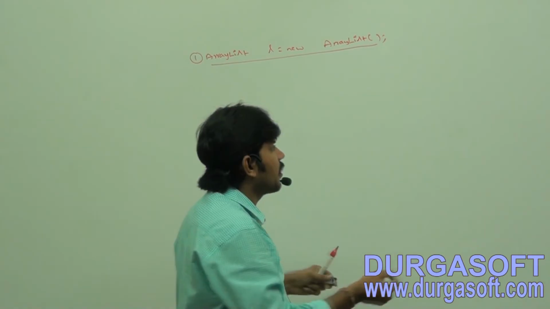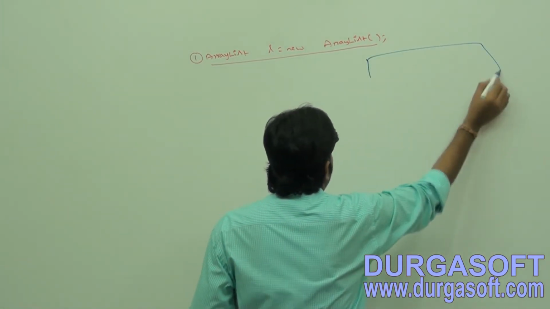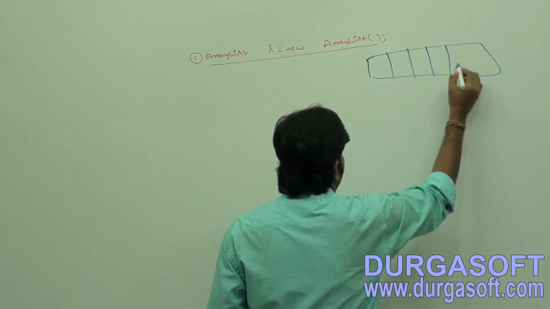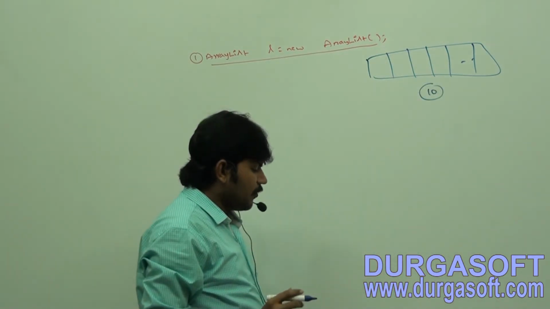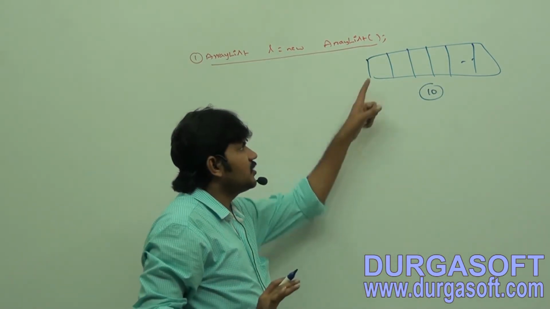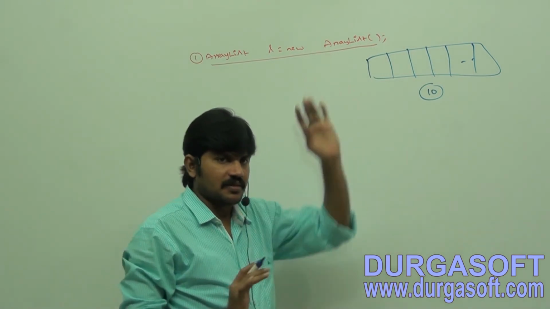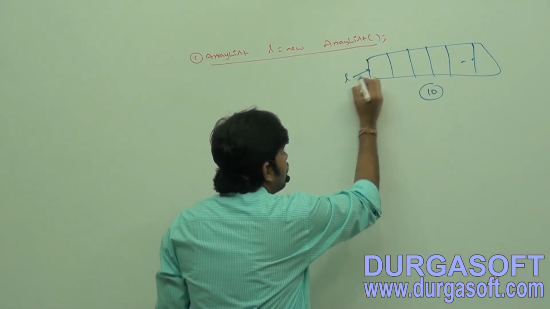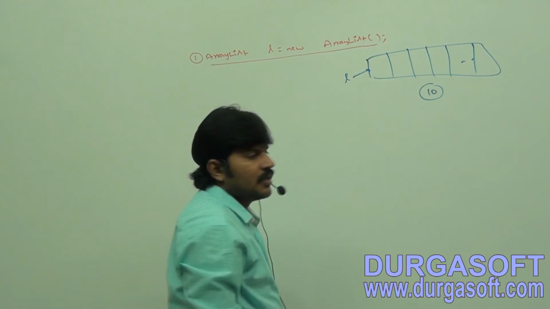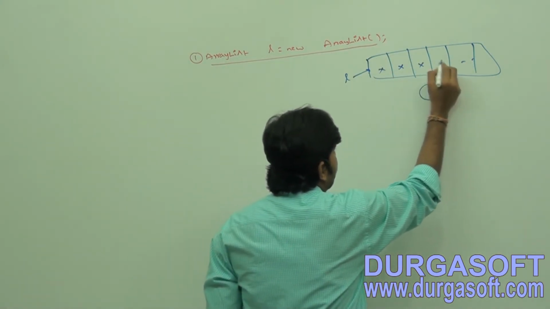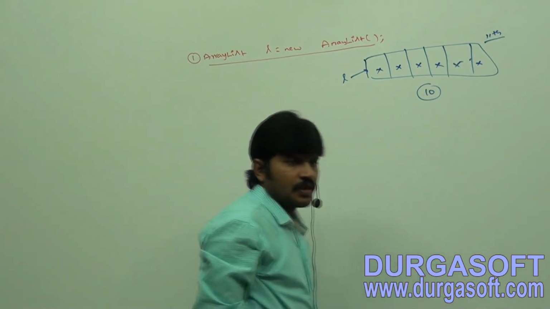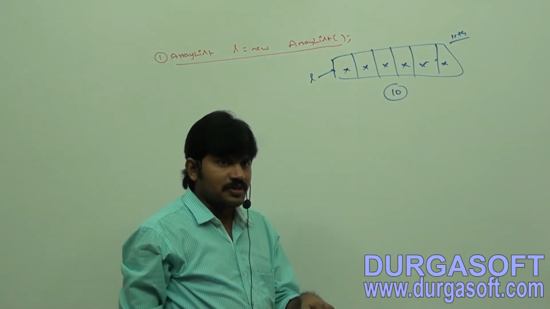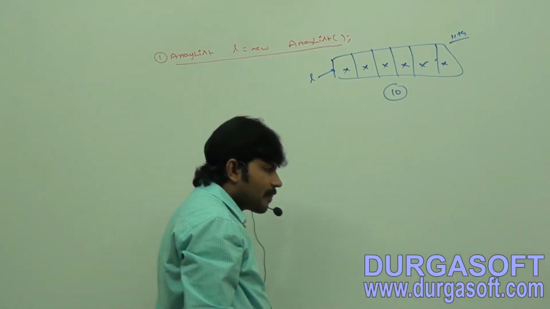What is the default initial capacity for this ArrayList? It is 10. Once an ArrayList reaches its max capacity, say this is my ArrayList with the default initial capacity 10, so 10 objects we added. Now I am trying to insert the 11th object. Can you tell what will happen?